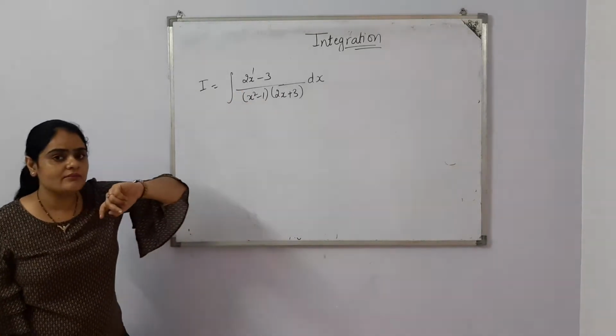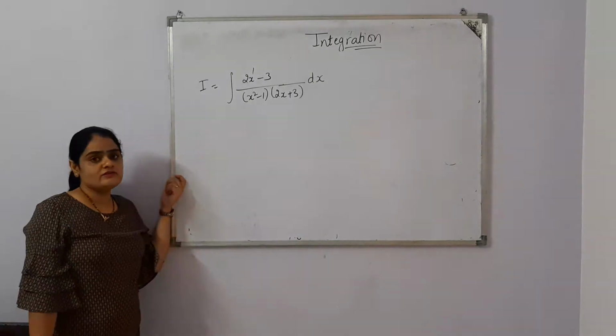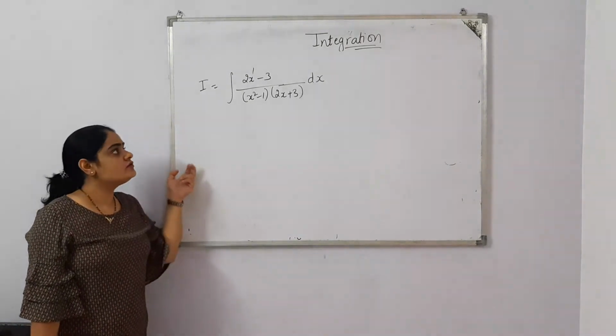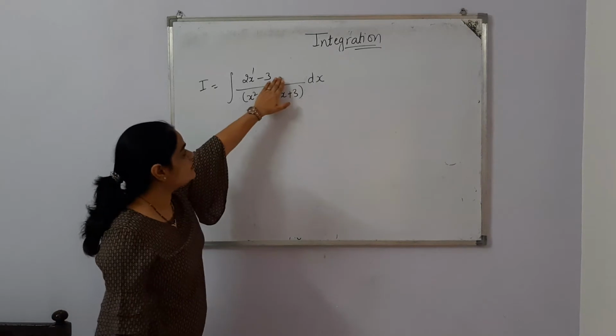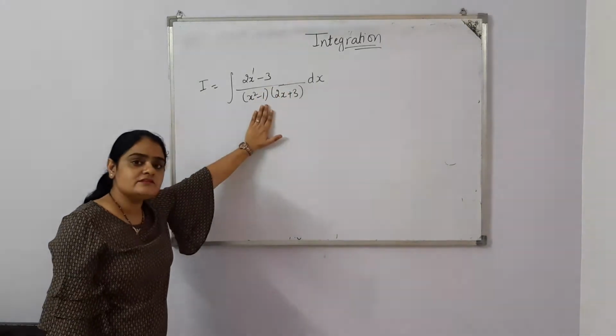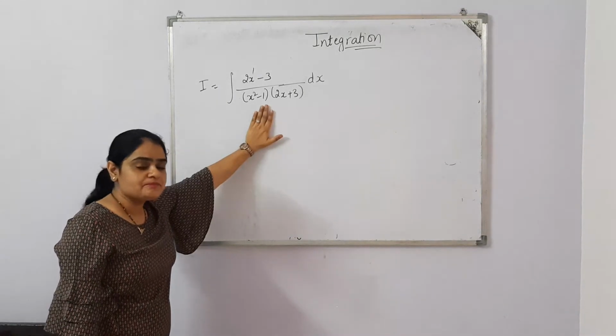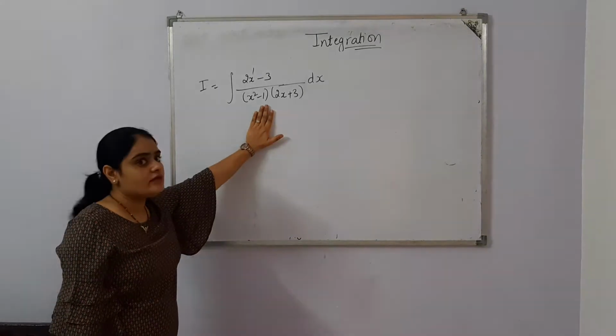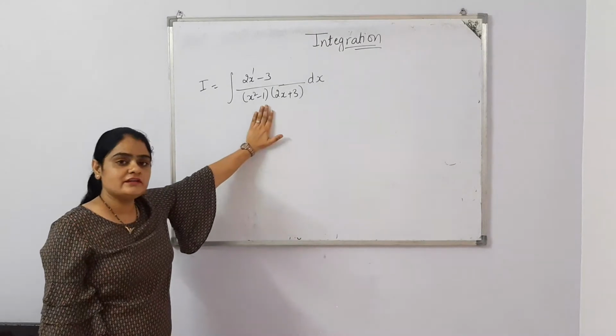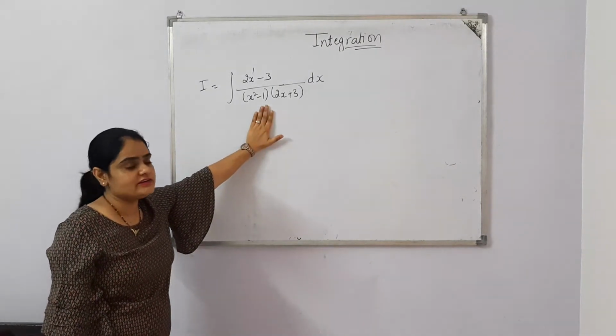When it is multiplied, we get 3 as the maximum power. So its degree is 3. But we are watching that the numerator's degree is of course lesser than the denominator's degree. So we can apply partial fractions directly if we get the factors here. Of course, we are watching in the question that factors are already available. So we can apply partial fractions here.